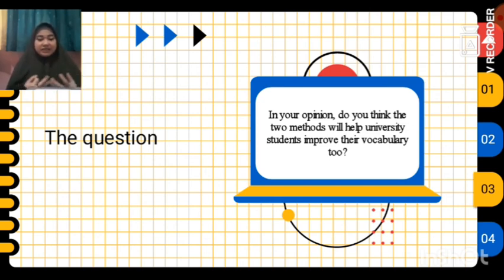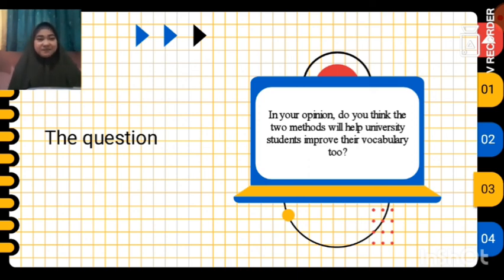But at least a little extra for teaching vocabulary to university students, I think, is aside from visual audio or a visual video. It will be very helpful for them. And even though this method is used for young learners, if it helps you, what's wrong with it? As long as it helps you, I think you can do it with that method. Maybe that's all for me.